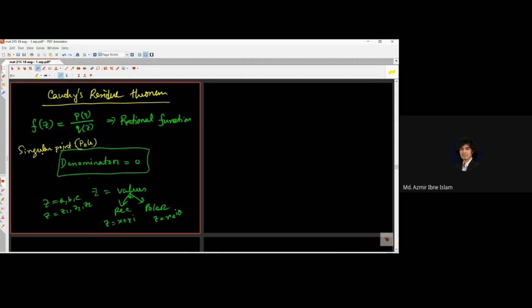It has another name, pole, singular point or pole. So suppose we have a function, for example, f of z equal to 1 over z negative 1. So this function is in p by q form. You can verify whether it is analytic or not. It will be analytic. But there is a point,